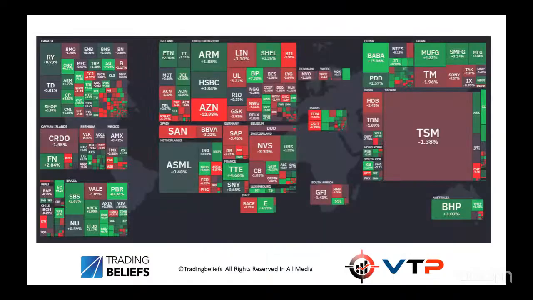Before we switch to live markets, a last look at the global. This is the global over the week, the heat map. Is there any kind of theme that leaps off the chart at me? Is there something I need to be aware of, or is it just confirming the overall story? When I look at that, there's not really much that leaps off the chart saying, I need to follow up on that.